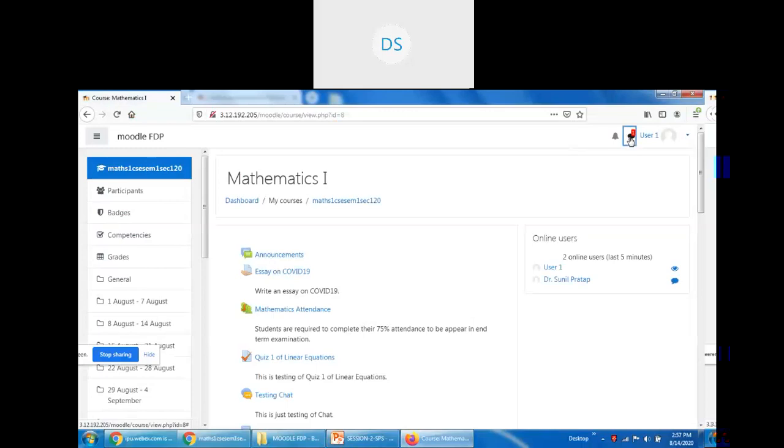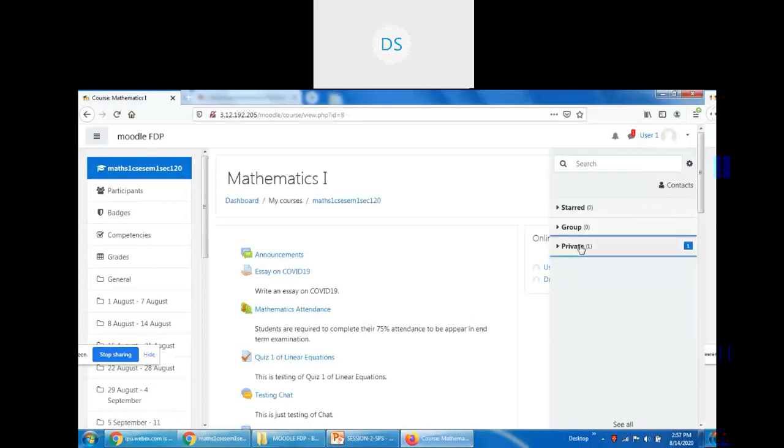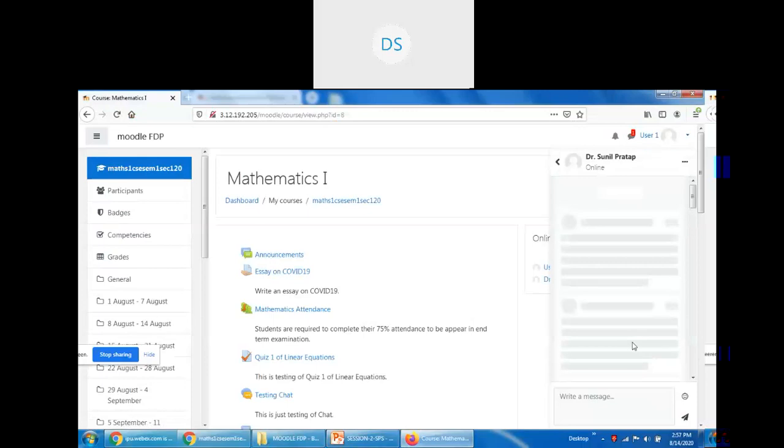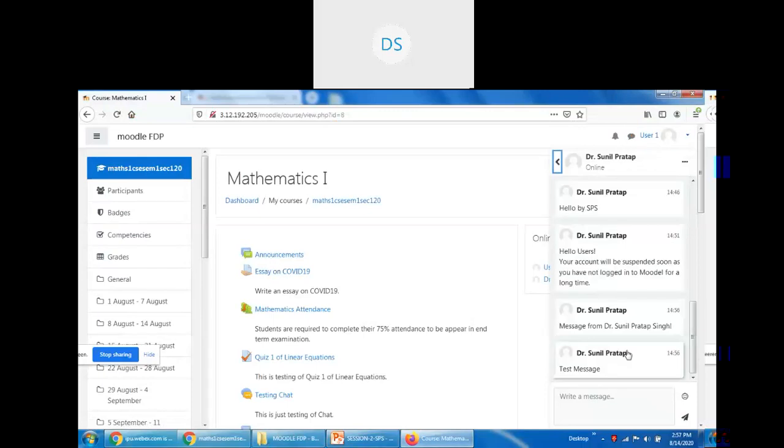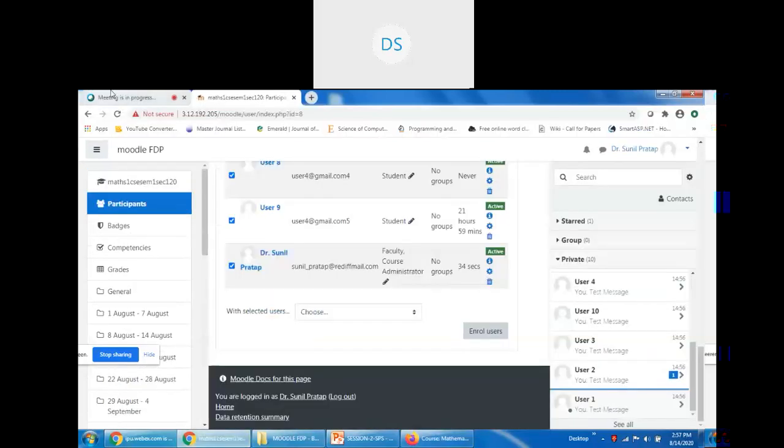Now it's appearing. So you can see the bulk message which was sent to 10 students, and this user has received the message. Earlier it was a message from Dr. Sunil and another was a test message. So I think it's clear how we can send, as a teacher, a message to multiple students at a time. Yes sir, thank you sir.